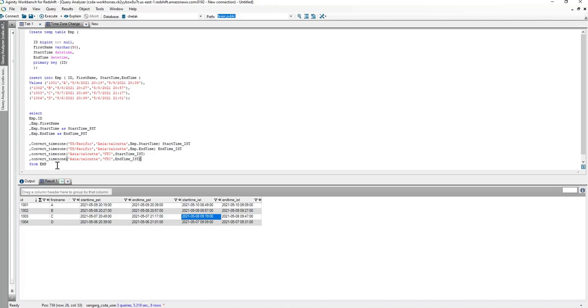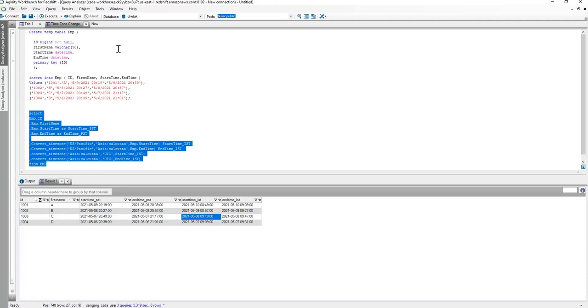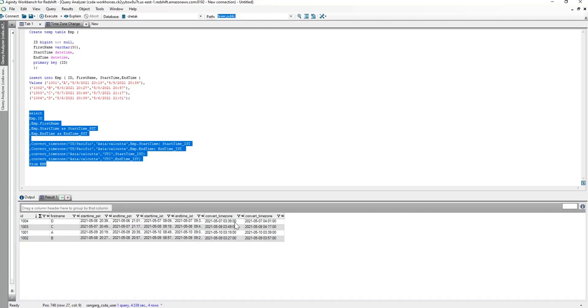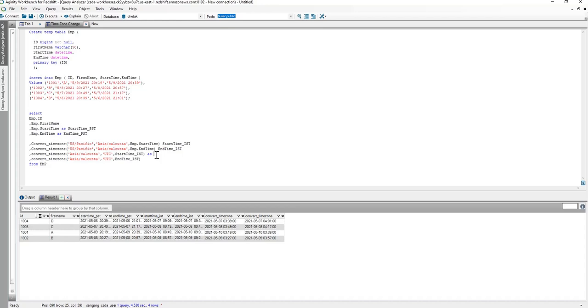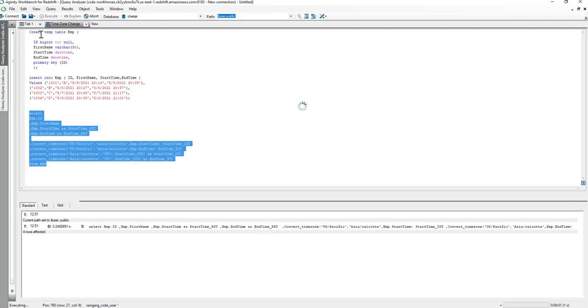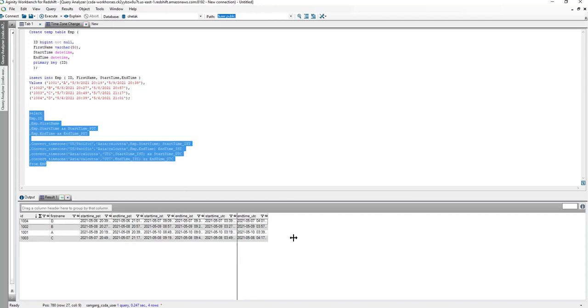Yeah. So now I'm going to rerun it again, and then we're going to match the values with the Excel part. So yeah, it gives us output. Oh, so sorry, I didn't put an alias to give the column name. So we are converting it to UTC. I'm putting the alias start time UTC and end time UTC. Let me rerun it again.